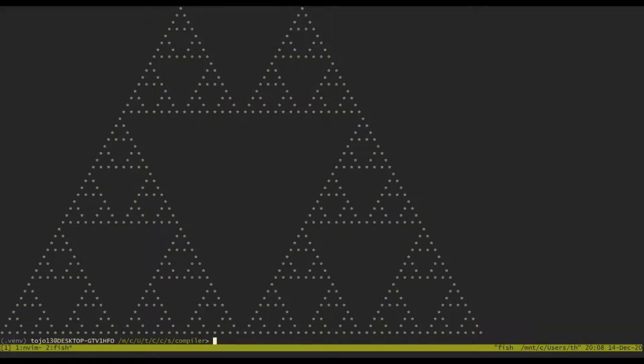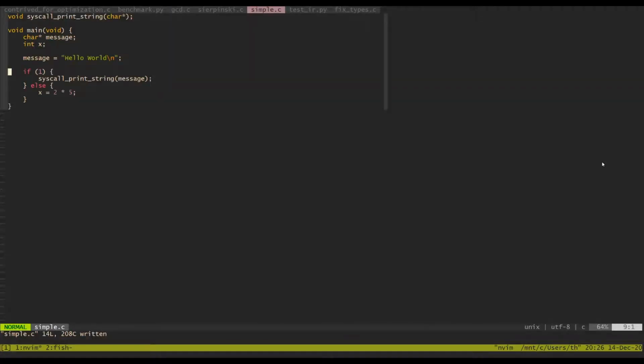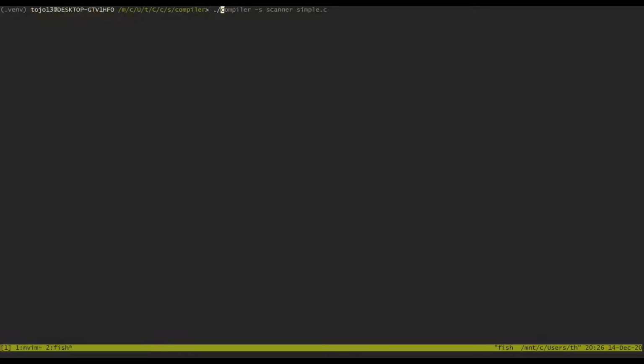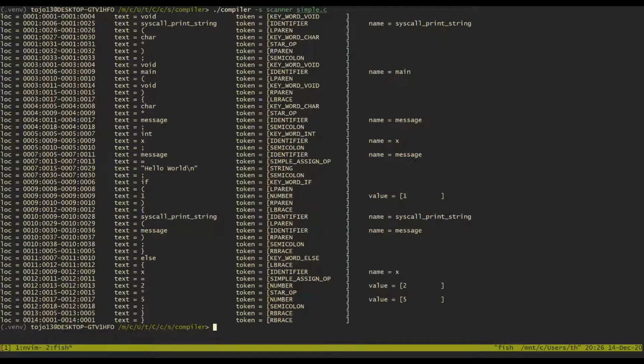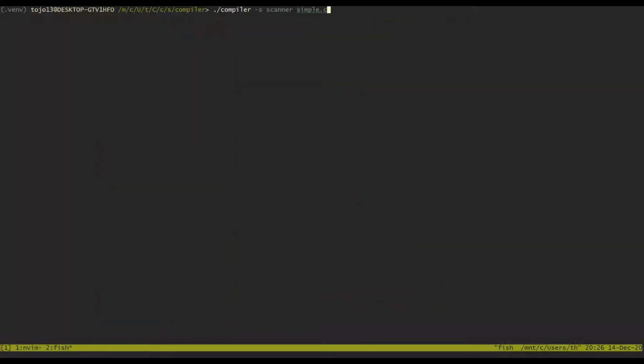There you go. I will demonstrate different stages of the compiler on this simple.c program. To run a particular stage, we pass in the -s flag. We can pass in -s scanner to get the tokens. And you can see that we store the line number here, so we can display error messages later. The next stage will be the parser,